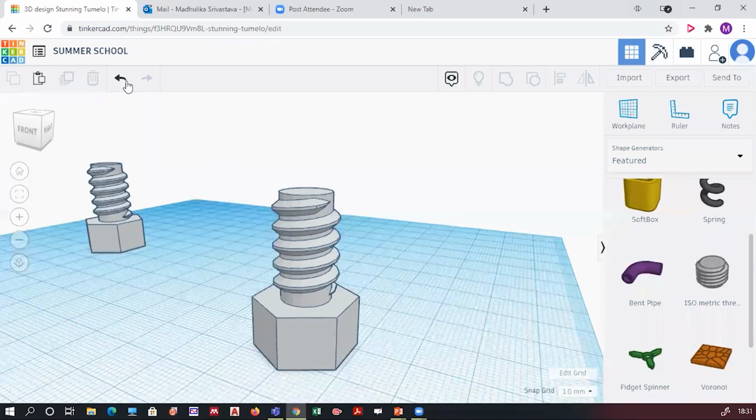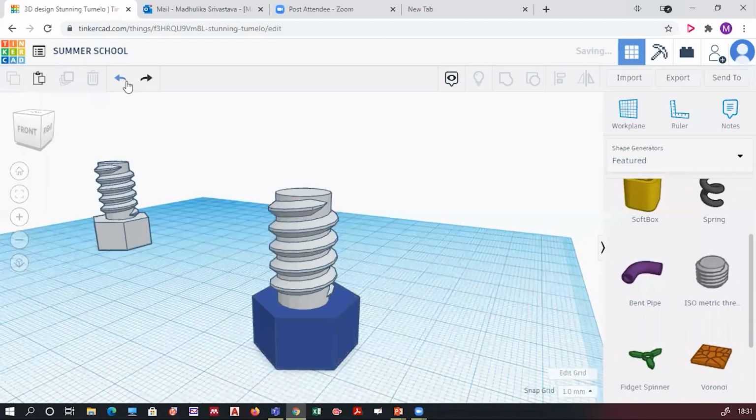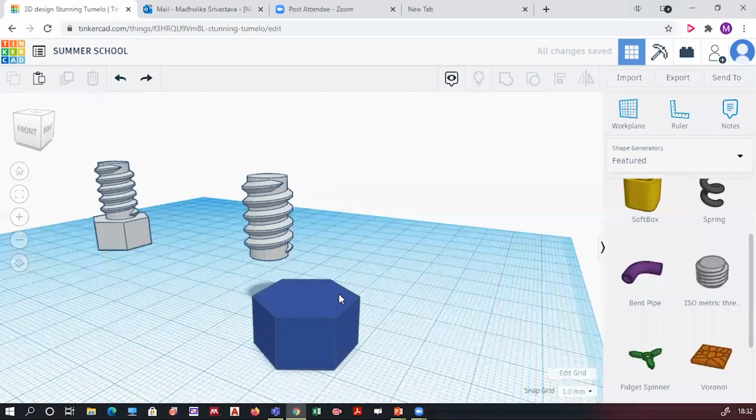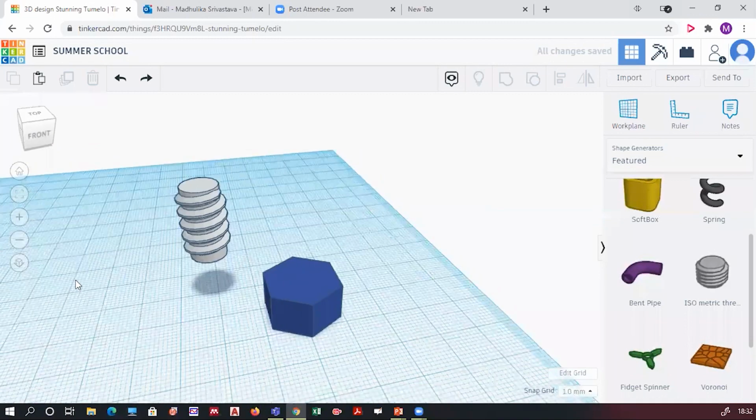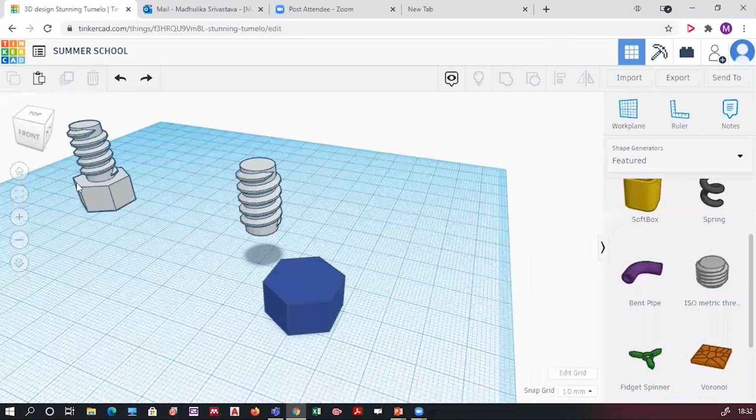Right now, if you want, I can also tell you how to create hollow, but I think you should at least first grasp this much. How to create that nut part, bolt you have created it, nut, I will tell you tomorrow because there are too many things for you to learn now.